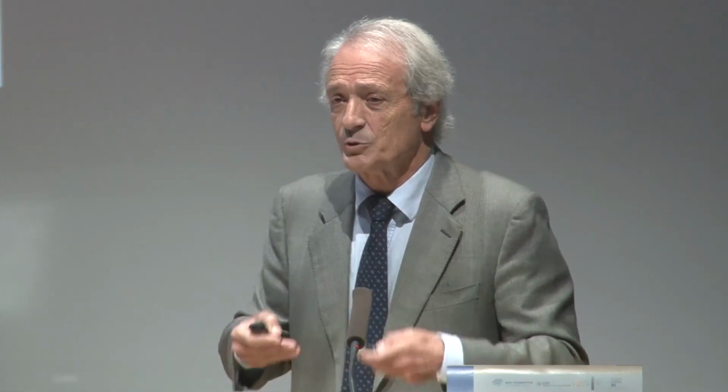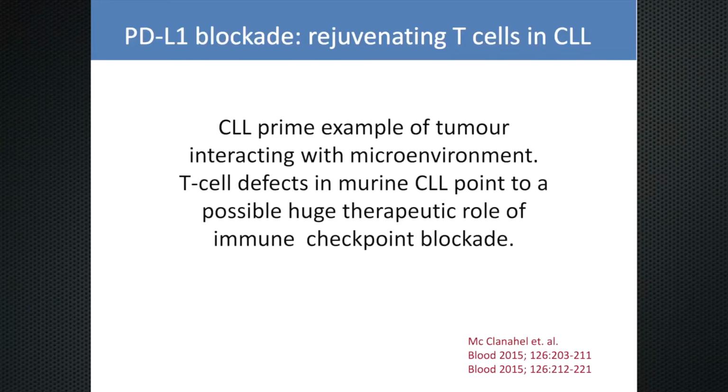CLL is also a disease where we have achieved a lot of progress. We are on the verge, perhaps, of being able to devise a curative treatment for the patients who need a treatment, and I am sure that the checkpoint inhibitors will play an important role in this, and this is the reason why we have now decided to add in our lab also a new group which will devote its research